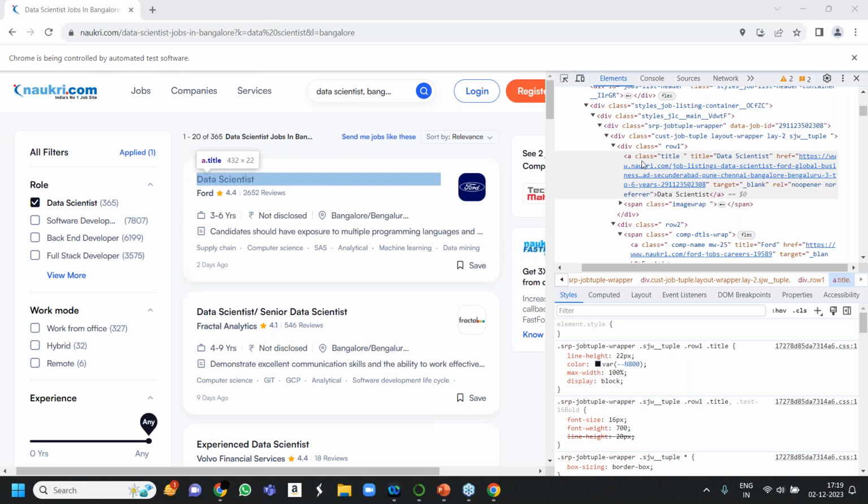Am I clear? So earlier I told you that you need to write i.text for the useful content. Here you know what to do, because your URLs, your links, are present inside the href only. So you only want the href part. So tell the system that I only want the href part. Yeah, we will pass href.